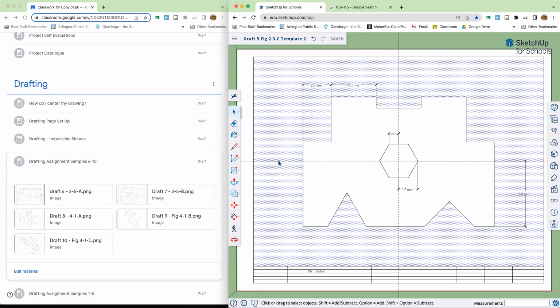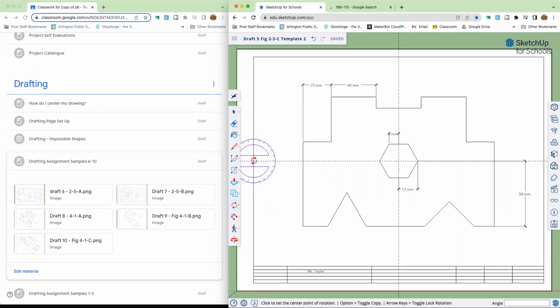The only thing we haven't talked about, and you should look at right now, is that there might be a time where you need to actually find a certain angle and see what it is. You can do that through this rotate tool, where if you want to turn one of these lines, you can turn it to a certain degree, just like it says on some of these drawings. For example, if I wanted to turn this center line, this construction line, onto a 45-degree angle, I can use my cursor and select it,